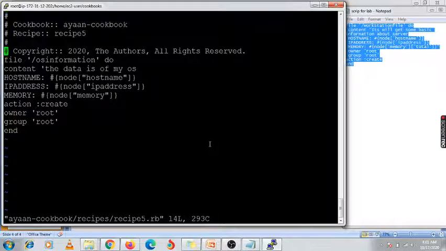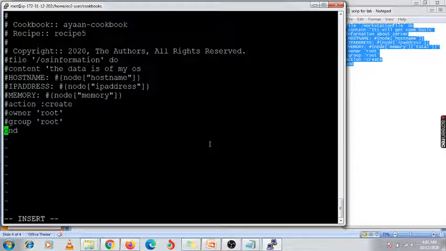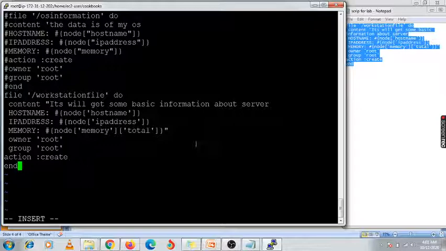Okay, I'm going to hash this out and just copy it. Here I have created the same file. This is the content I need to mention. Here is the owner root.